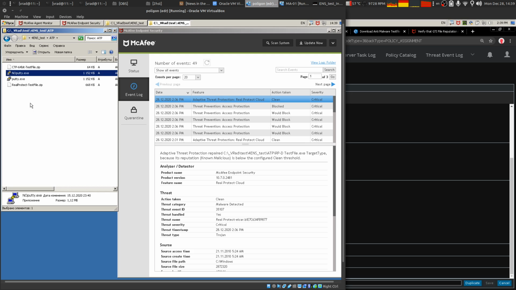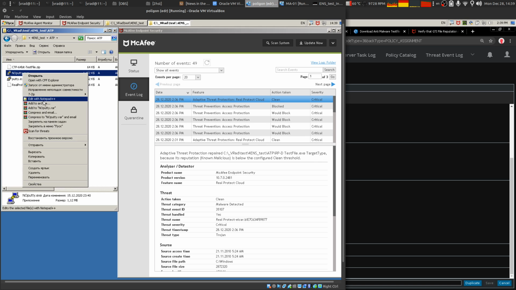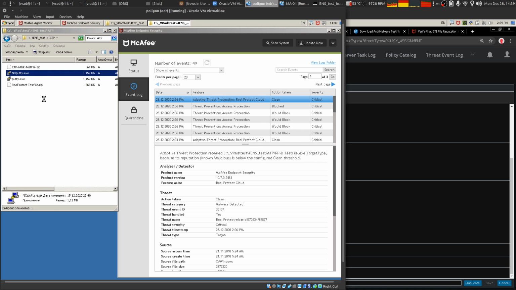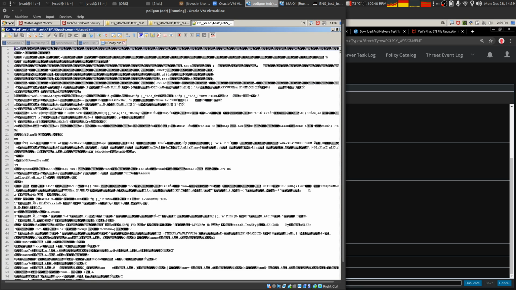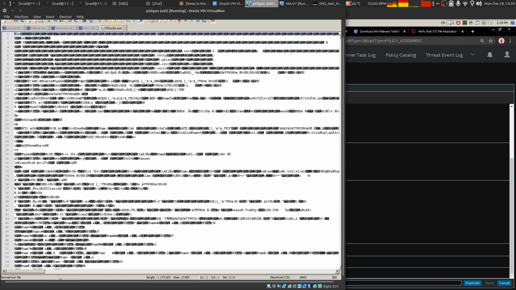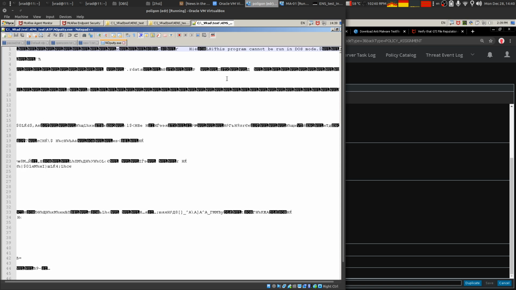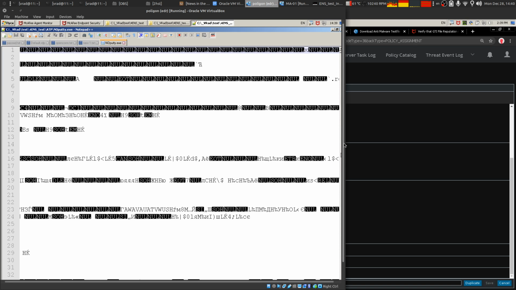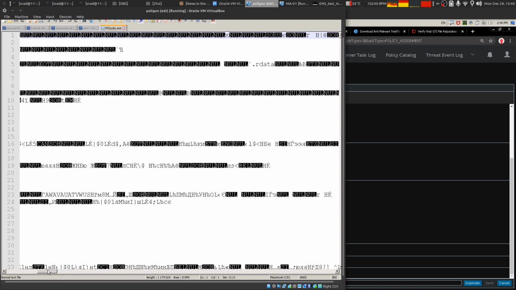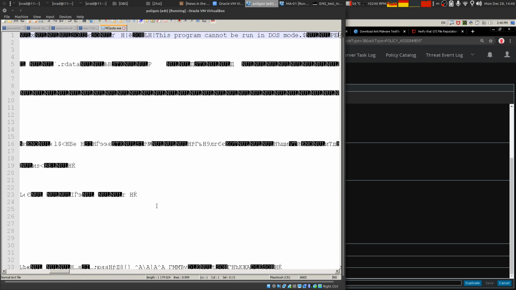To change the hash of this file, I can edit it in Notepad++ and change some information in it. Let's say we choose this simple string: This program cannot be run in DOS mode. All I have to do is change some symbols